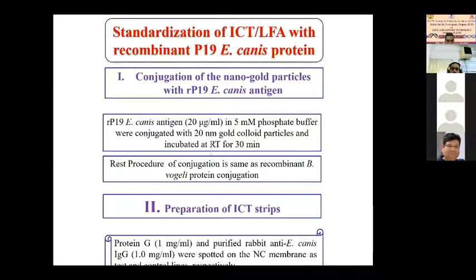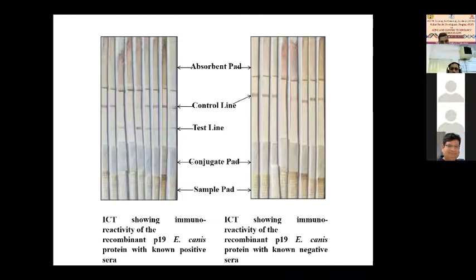Next, please. Then another organism under the same project, Ehrlichia canis, which we did for one of the students from the veterinary parasitology department. Next, please. So then the preparation stage, again the same story, and we have seen that the background is okay, and this is the test line. Some of the lines are a little faint, maybe depending upon the concentration in the serum sample. This is again one of the tests which was recently concluded, and we are confidently sure that these tests are okay for diagnostic testing anywhere. Next, please.